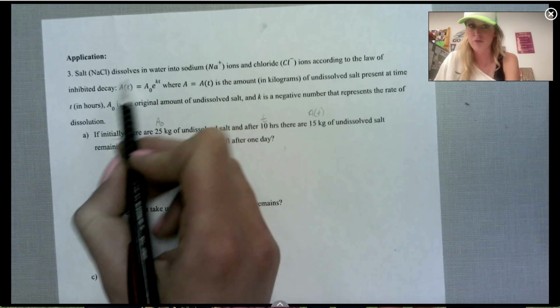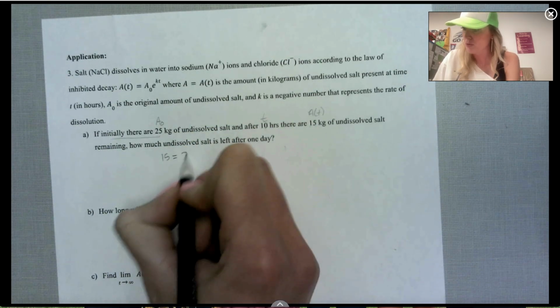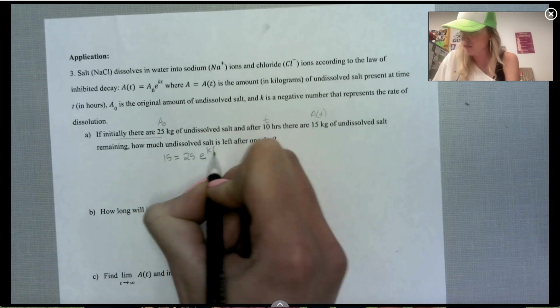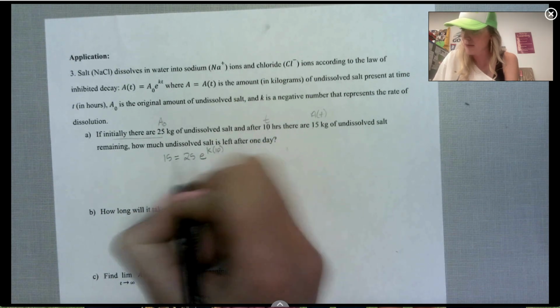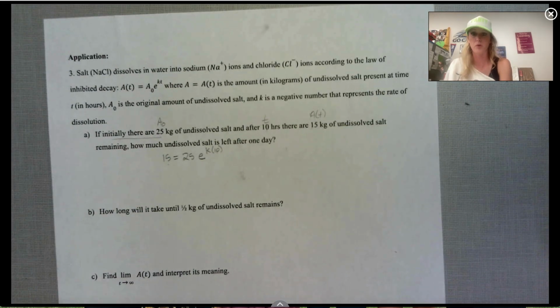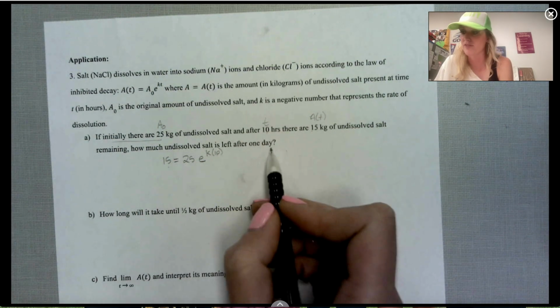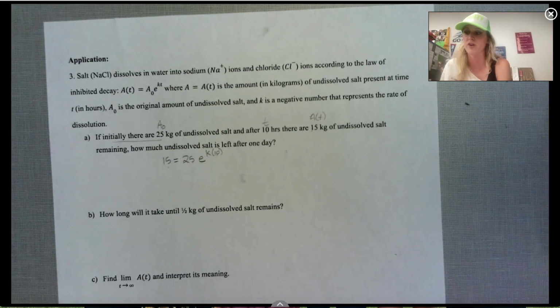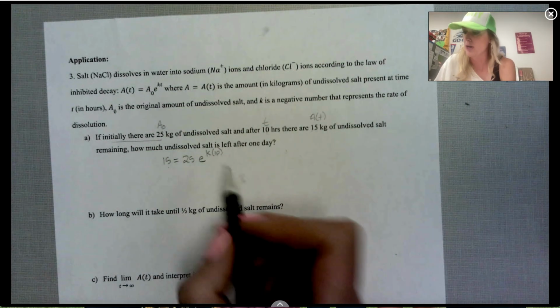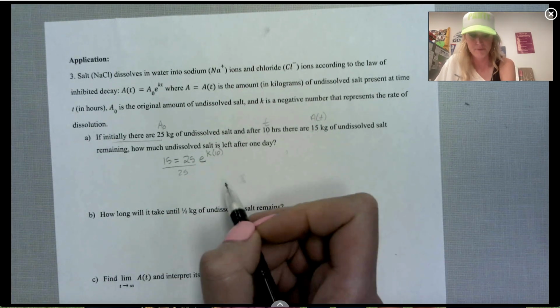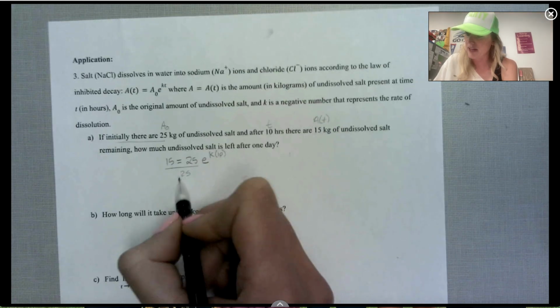So I'm looking at this equation right here. 15 equals 25 e to the k times t. We don't know k, and we know t right now is 10. So this time and this amount of undissolved salt go together. We're going to solve for k to be able to answer this question about how much undissolved salt would be left after 1 day. Okay, so to solve this, I'm going to first divide by 25. Okay, so I'm going to simplify that to 3/5